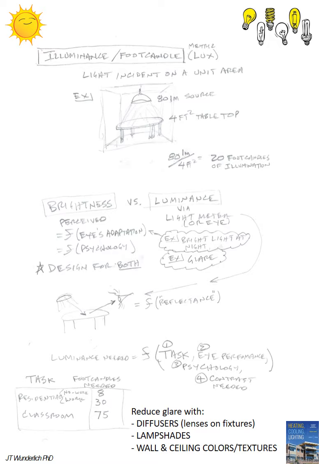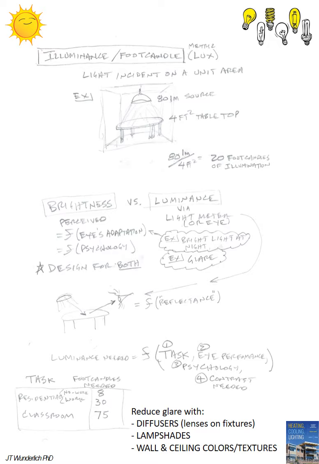So illumination, illuminance, per foot-candle, lux. So light incident on a unit area, right? Especially for task lighting. If you're working, or you're cooking, or you're reading, or building a model, working in a factory with your hands and machinery. And then we have brightness versus luminance. Again, this is something you